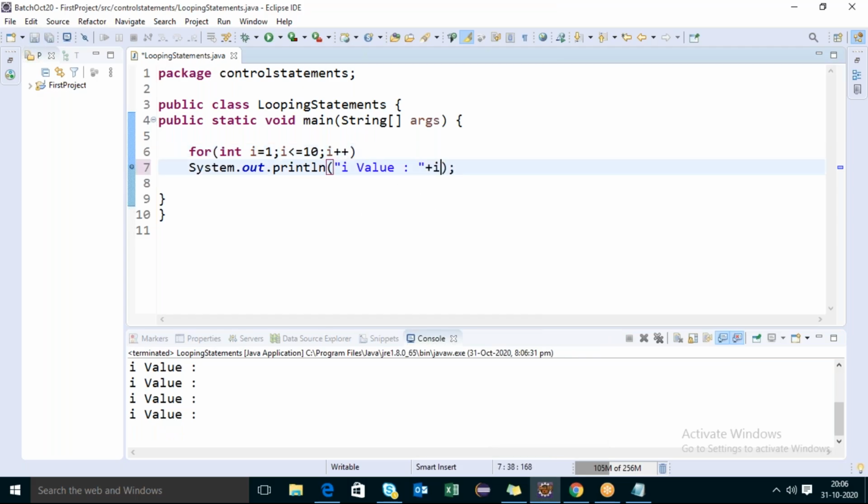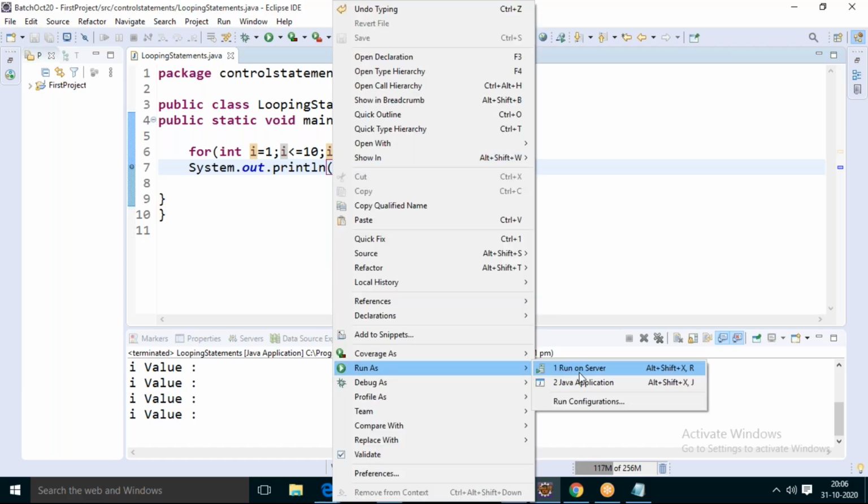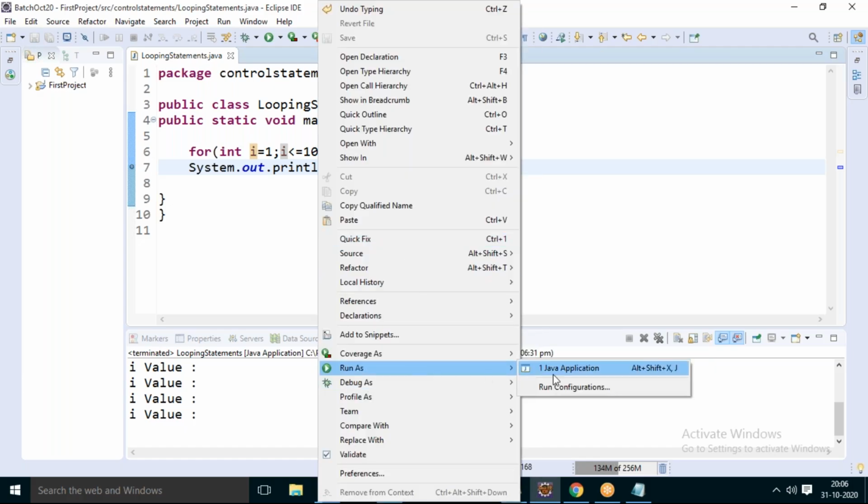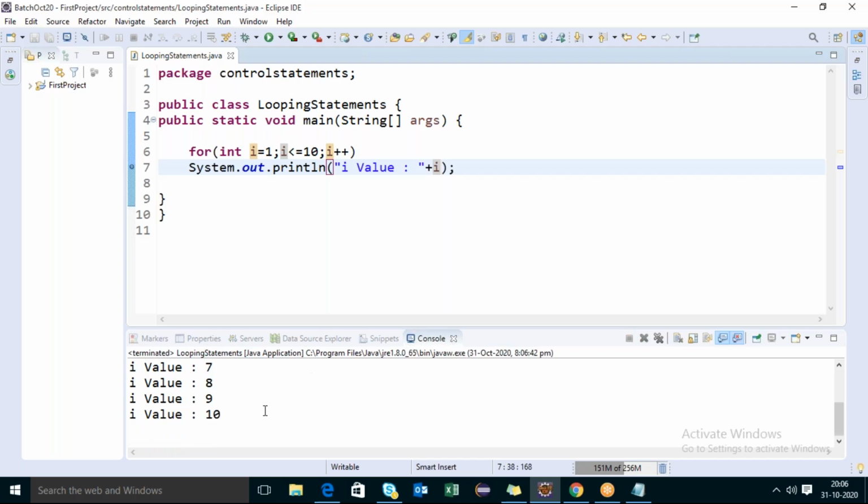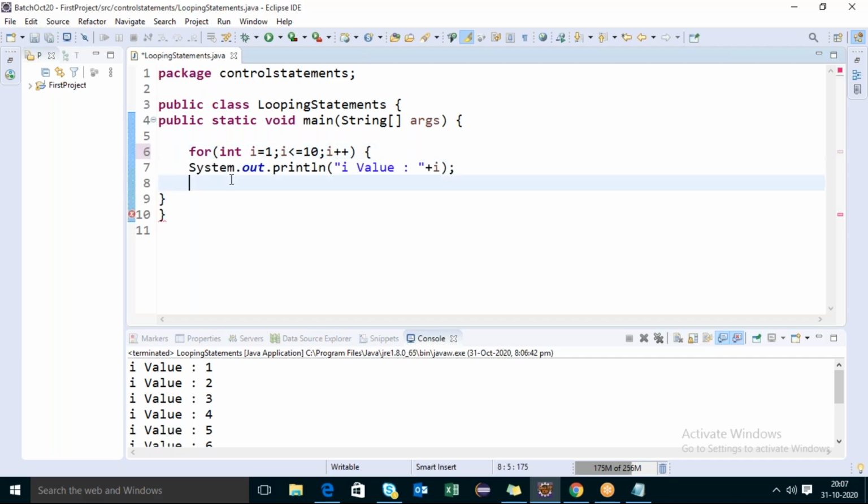Let me give the i value here, run as the application. Right, this is the output. So these are all optional here, but always remember, team: loop starting point, loop ending point, and also the condition, and loop increment or decrement. So be careful at the time of giving the condition. If your condition matches, then only it will enter into the block, and you will get the expected output. Without curly braces, you can maintain a single line that should be executable,